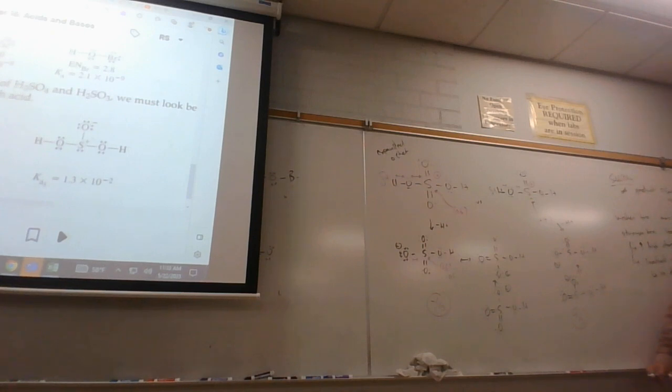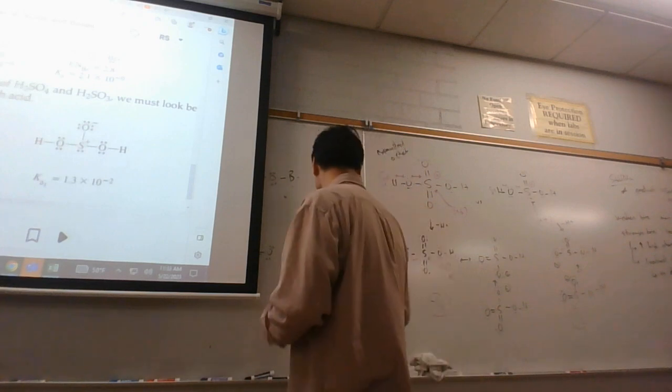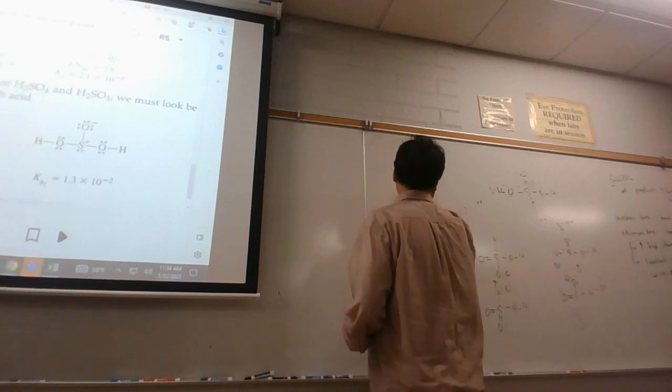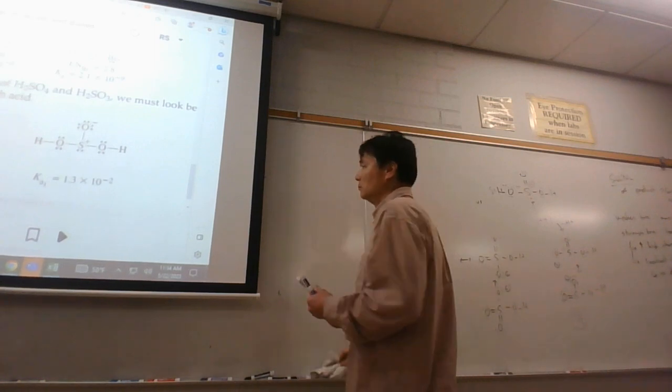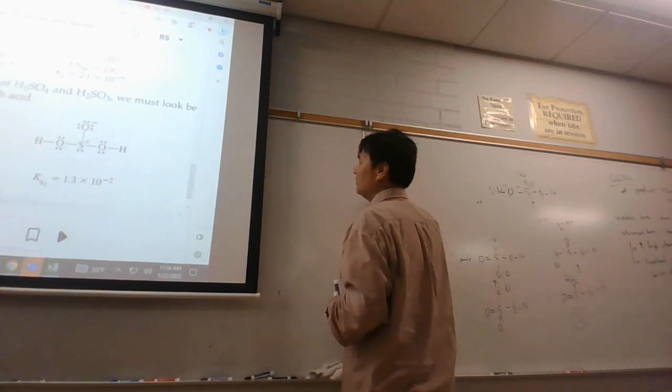And so which of these two is stronger? Base. Bisulfate or bisulfite? Which one's a stronger base? We want localized charge for bases. Bisulfite's a stronger base. Bisulfate is a weaker base. We could do the same thing over here. If we look at the octet, that was the expanded octet. If we look at the octet,